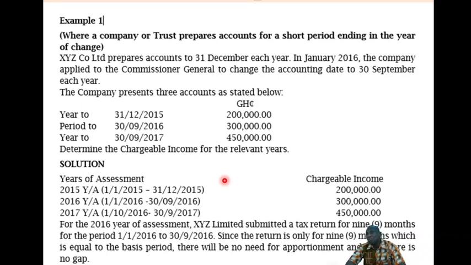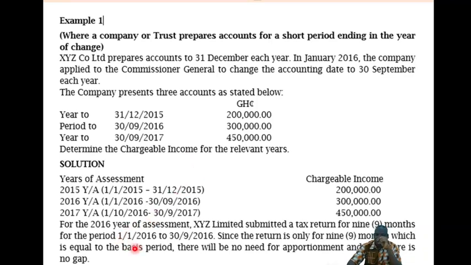Then they say the third year will be, now that you have changed to a new accounting year, from the beginning of the year that you want to now do your change, 12 months to the end of that year. So it will be from 1st October 2016 to 30th September 2017. Remember, a basis period must end in a particular year of assessment. Okay, so again, that's the definition of the year 2, which has coincided with this one. Therefore, the 450,000 I'll copy and put there. So this is how you'll be writing it by way of solution. Okay, that's all.